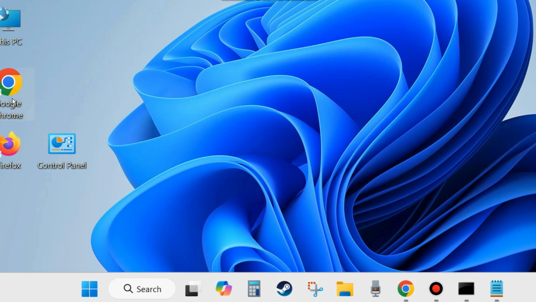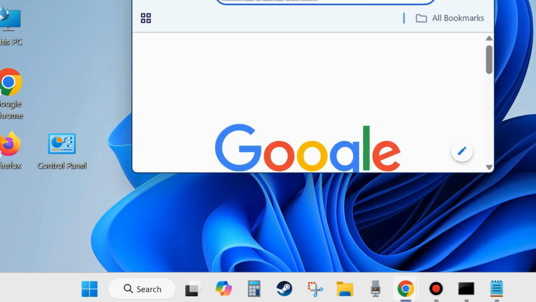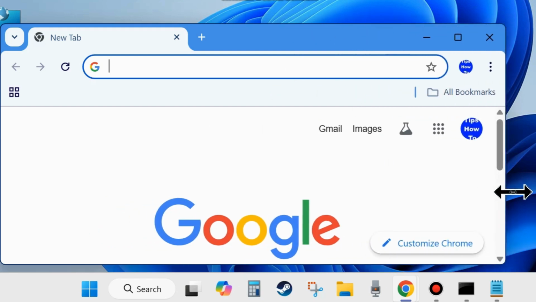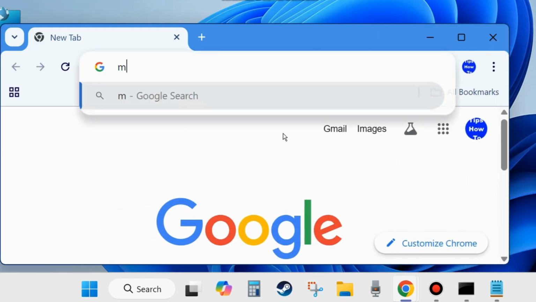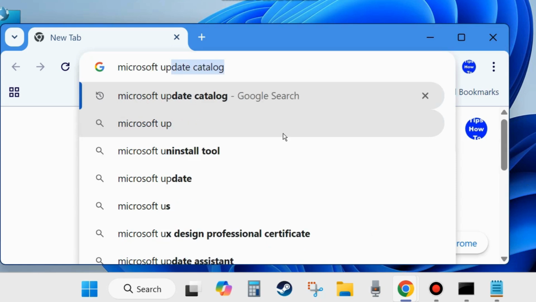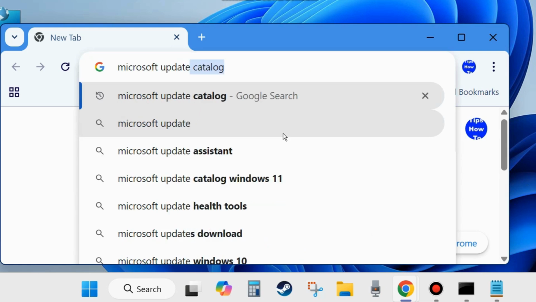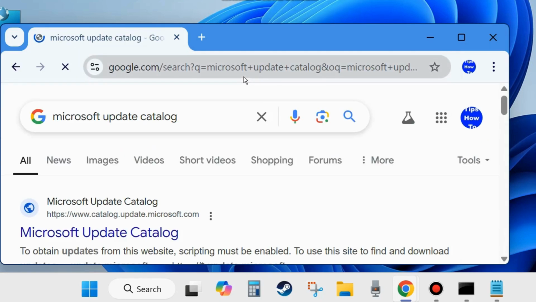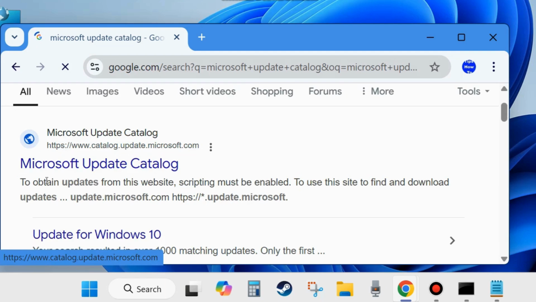If not, go to manually download and install Windows latest update. To do so, open your Chrome browser, and here in the Chrome search field type Microsoft Update Catalog. Microsoft Update Catalog, and press enter, and open the first appeared result, Microsoft Update Catalog. Click on it, open it,